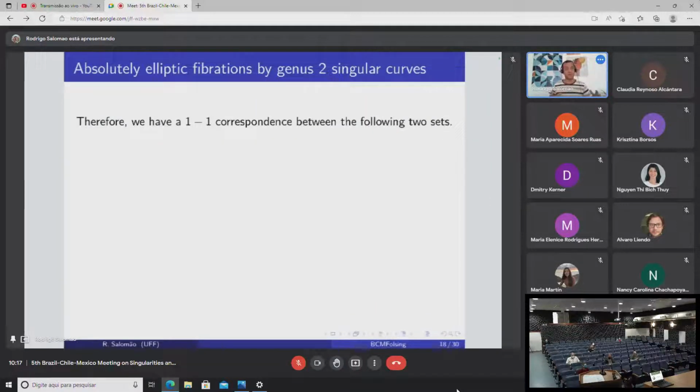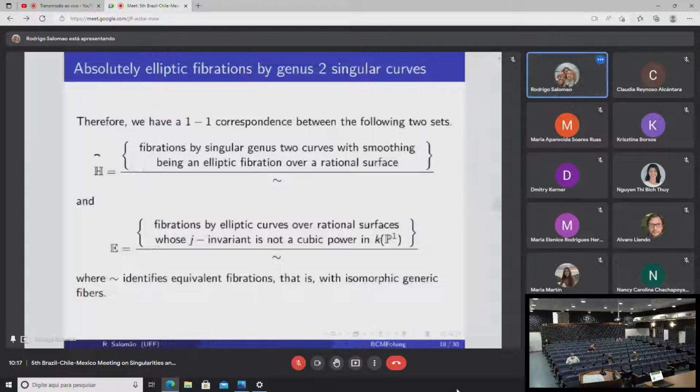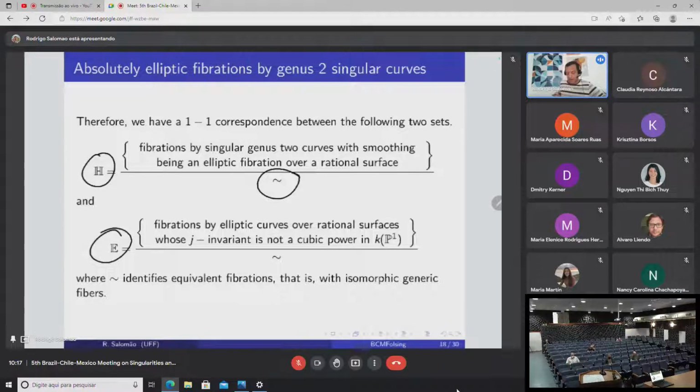So after this result, we can establish a one-to-one correspondence between the set of fibrations by singular genus 2 curves, with smoothing being an elliptic fibration over a rational surface up to equivalence, okay, and the set of fibration by elliptic curves over rational surface with J invariant being not a cubic power, okay, where this equivalence means that identifies fibrations with isomorphic generic fibers,